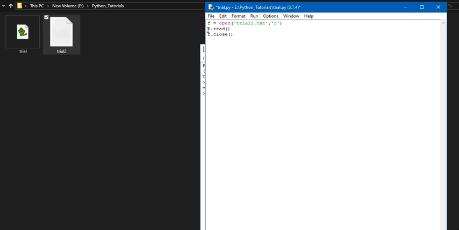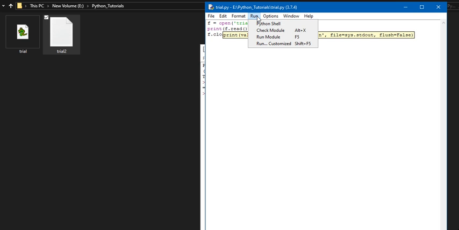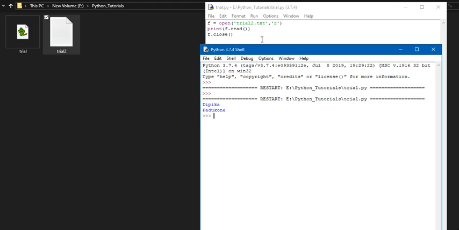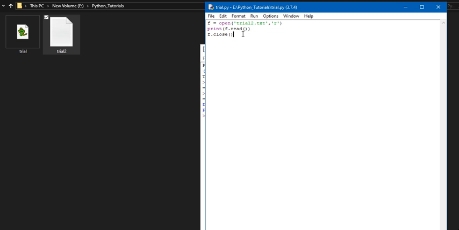And we will print the data that we have read. So let us see whether the data appears on the Python shell window or not. Here we can see the data is here.